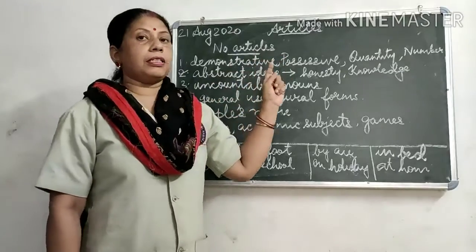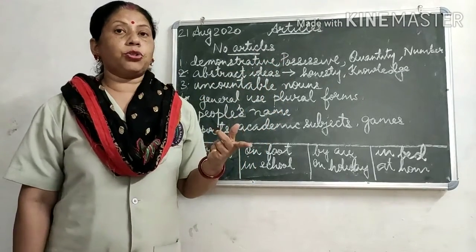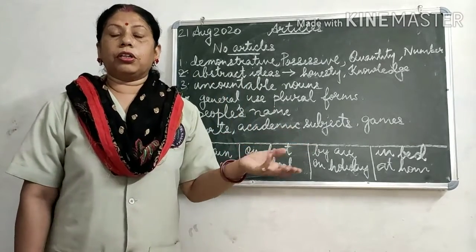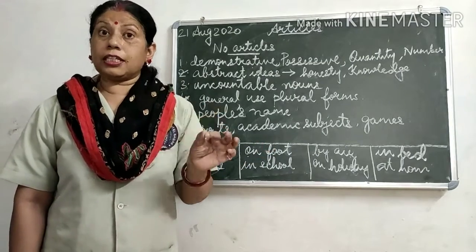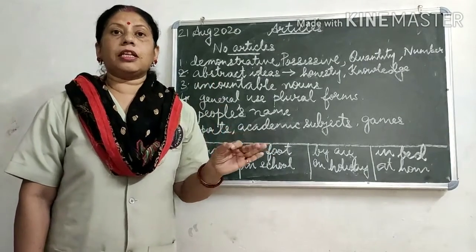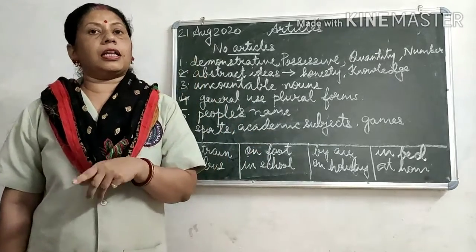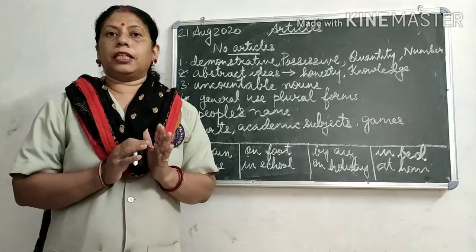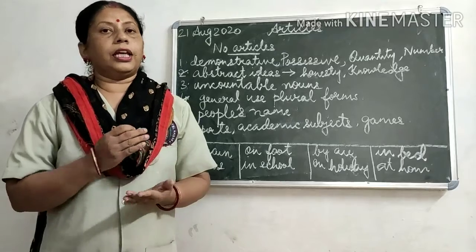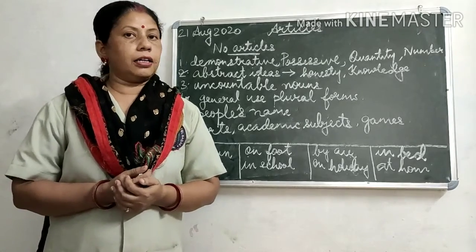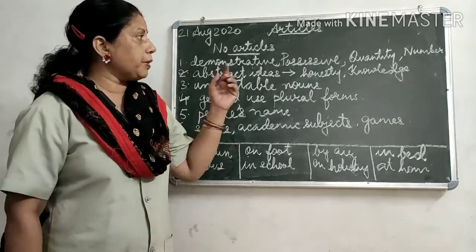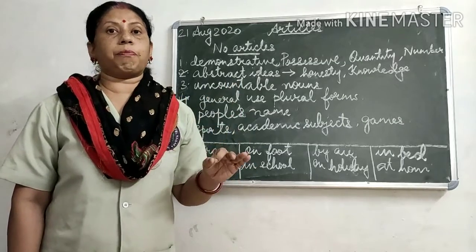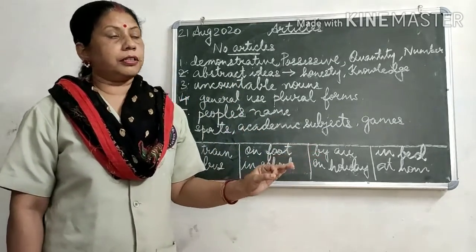Then before the possessive, now possessive, I hope that you remember: your pencil, his pencil, her pen, their book. So again you see, when I use his pencil, between his and pencil I am not supposed to use any article, right? So in between these two words there will be no articles. Though there is a noun, pencil, still an article is not required. So after all the possessive words we are not supposed to place any article, right?